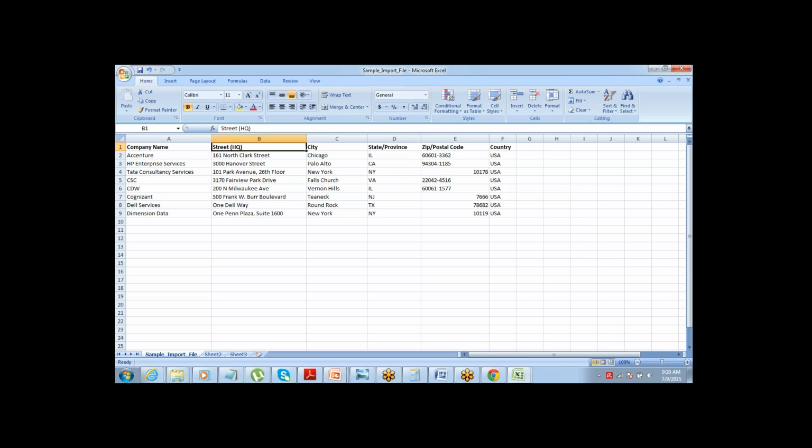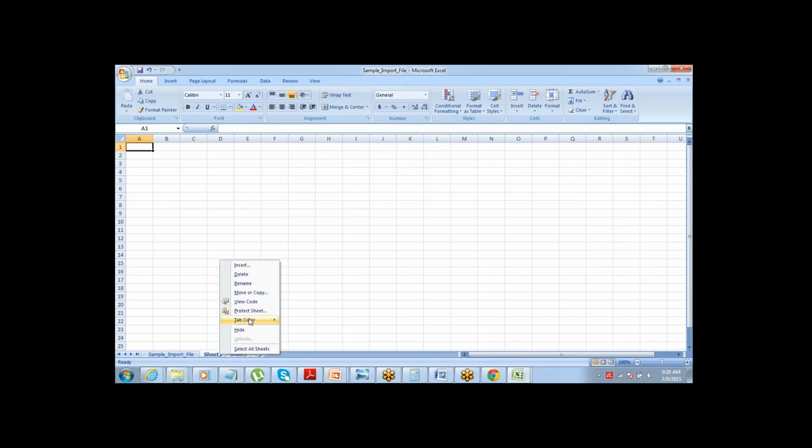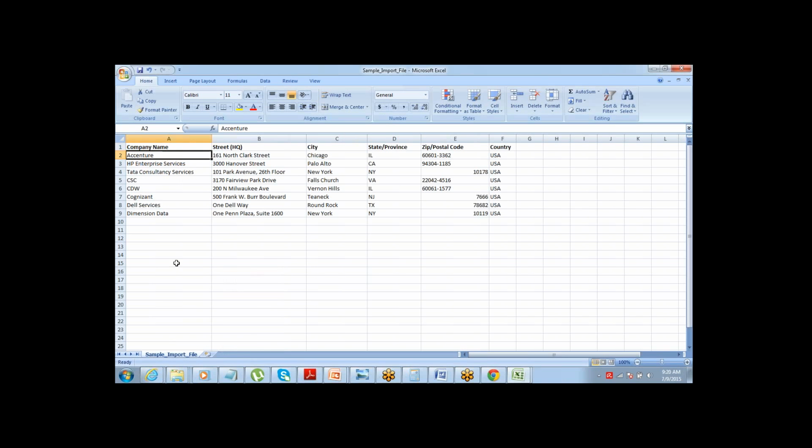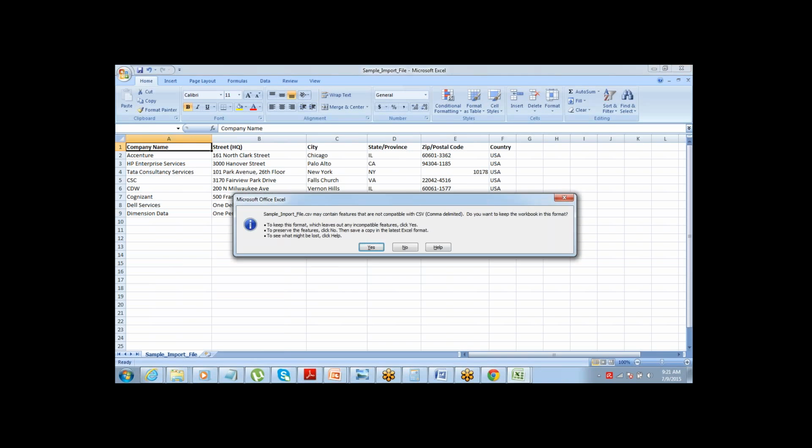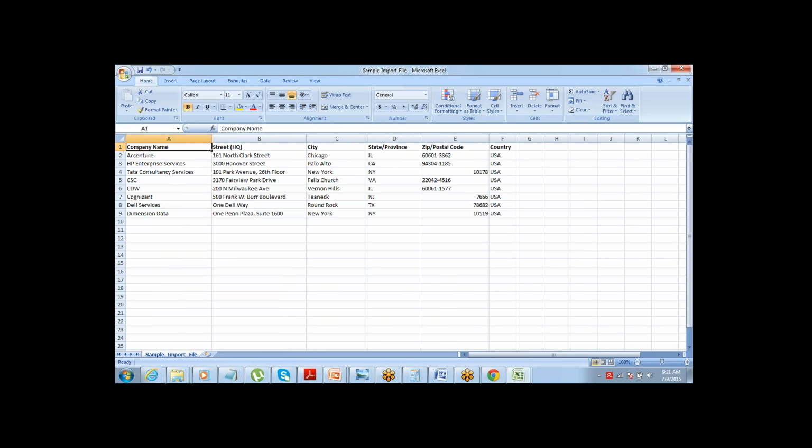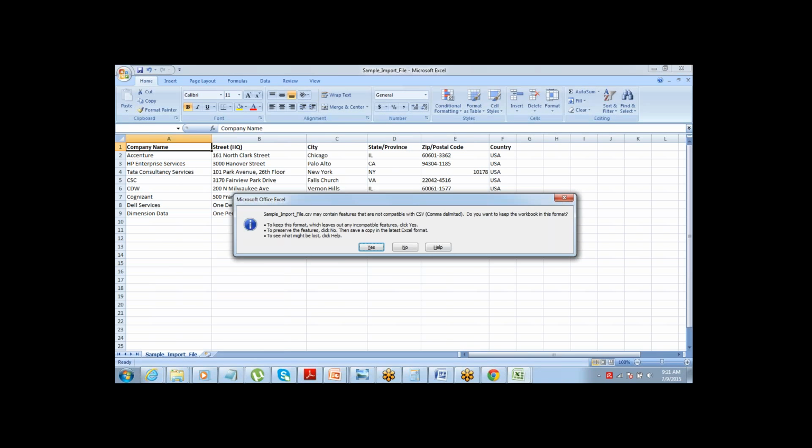Fine. So whatever number of records you have, whatever data you have, just put it into an Excel spreadsheet, save it in CSV format. It's recommended that when you're preparing the CSV file, remove the extra sheets from here. Delete, delete. Yes. Save, close the file.